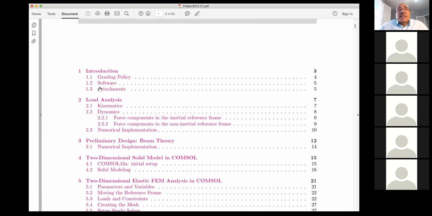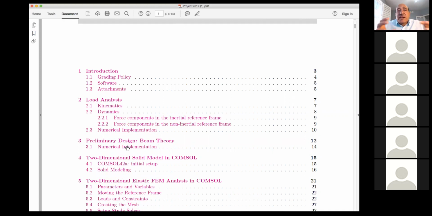As you can see, what I'd like you to do is download the manual maybe this weekend or early next week, and then go chapter by chapter. For the first part, load analysis, you start from the loads, and you have documentation of how to compute the loads on your connecting rod. Then you use beam theory, by hand or by MATLAB.